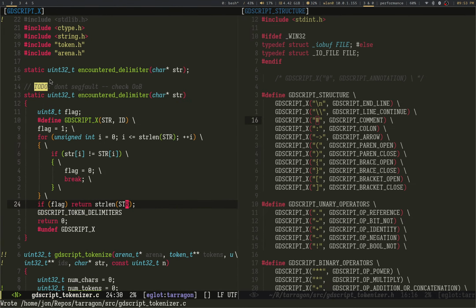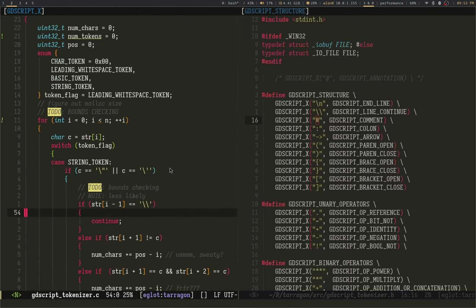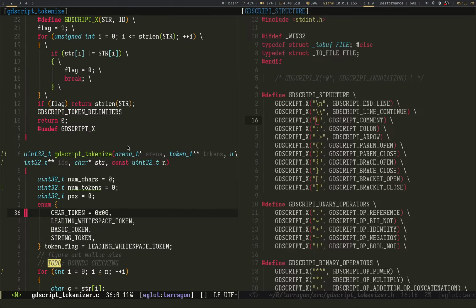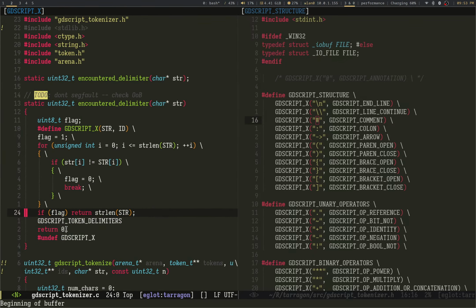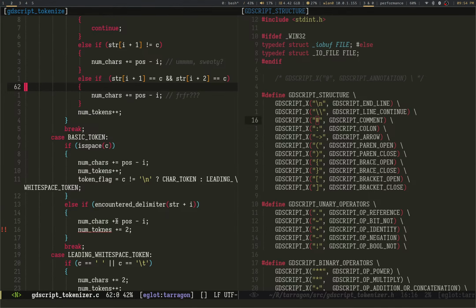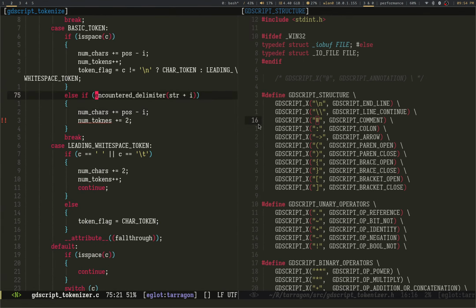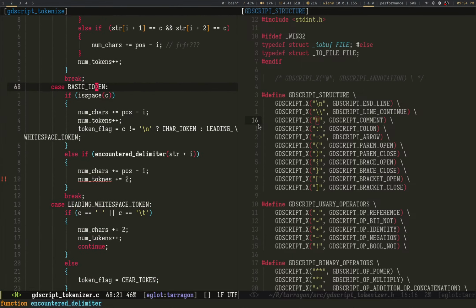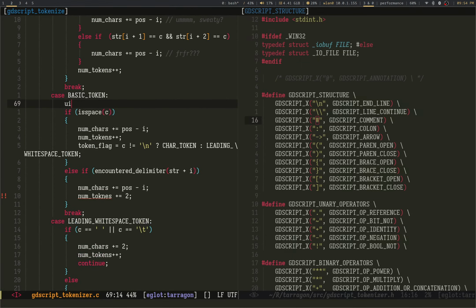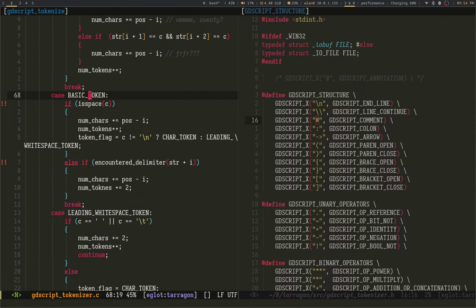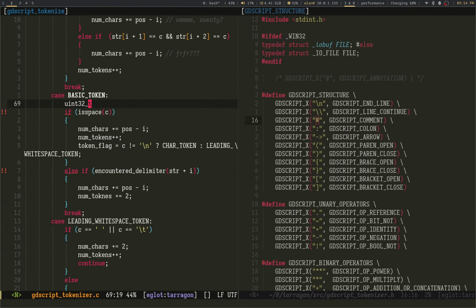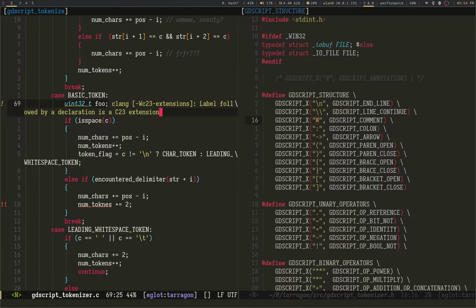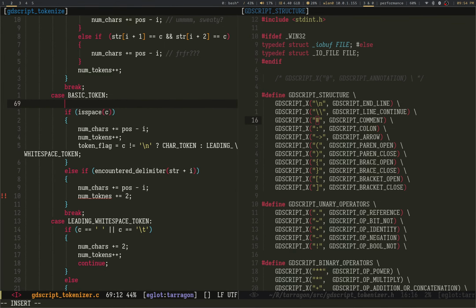There we go. How long is it? That's what I want to know. Plus 1. Yep. That's what I want to know. Encounter delimiter. So of course I'm going to slide over here. Can I just, can I a touch? Just a whiff of a. Oh, is this allowed? I'm allowed to do this? Ooh, C23, that's not happening.